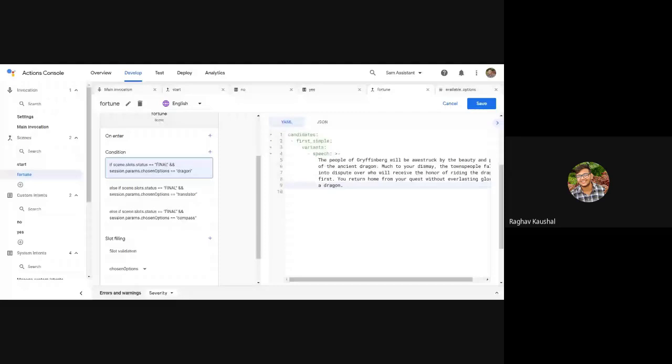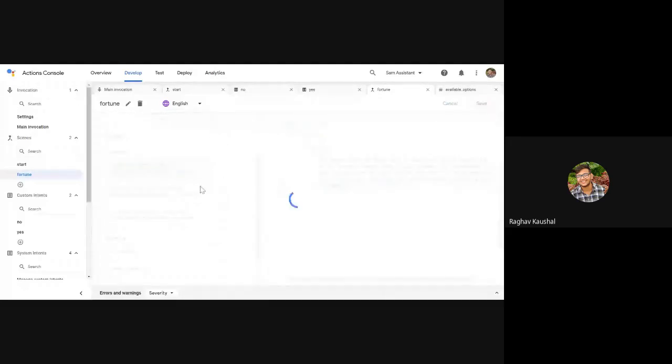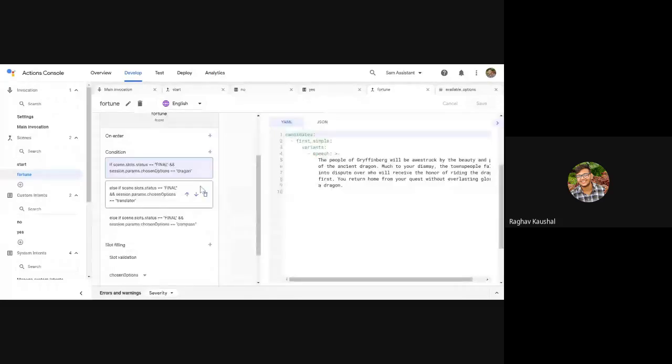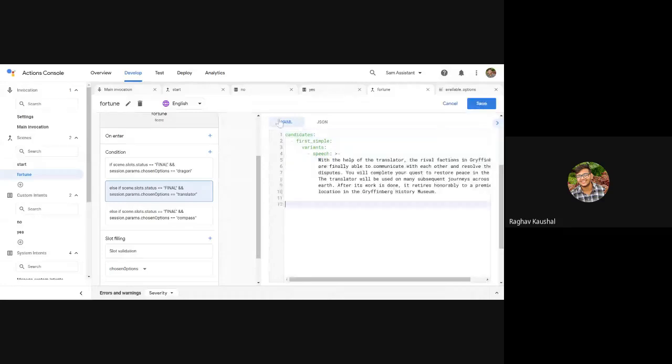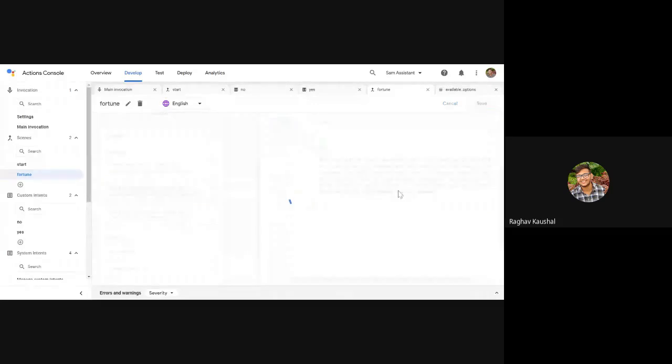Understanding the logic is important, guys, not the script which I have built. So for the translator, I'll copy one, paste it. Again, click on save. Guys, keep on saving, else it might give you some error. For example, if your laptop turns off or anything, it might give you an error later.